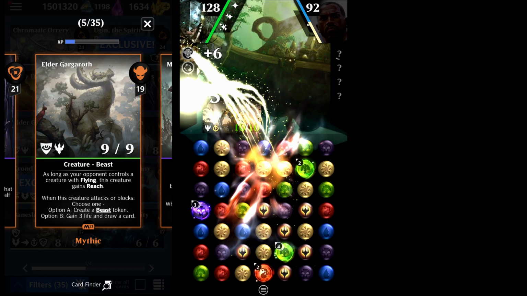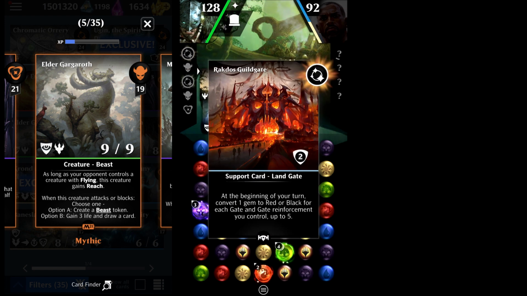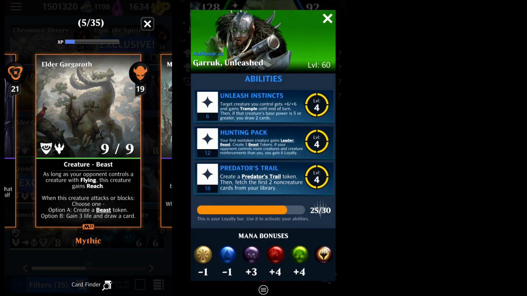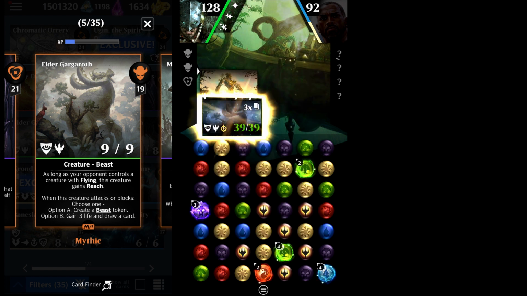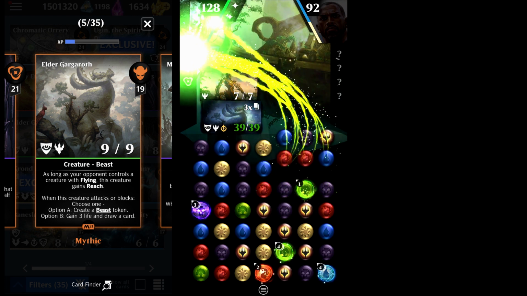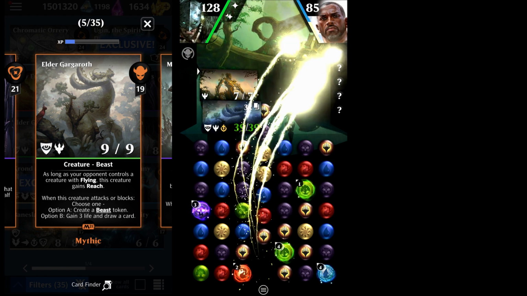Coming in at number 10 is Elder Gargaroth. Elder Gargaroth is an absolute powerhouse of a card. You could even say it is a beast of a creature. Elder Gargaroth is in my top 10 because New Garruk is an S-tier Planeswalker. And as New Garruk is an S-tier Planeswalker, that means that I think everybody should have New Garruk. And as everybody should have New Garruk, that also means that everybody is going to also want to have Elder